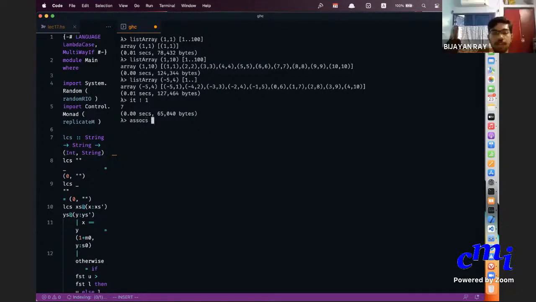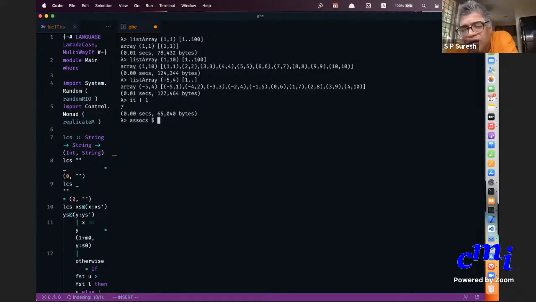Sir, are lists and arrays stored in Haskell only as list arrays? List array is not the type; the type is like array, any array. So this is one way of building arrays. There are other ways of building arrays as well, but typically it will involve starting from a list and going to an array, then doing some computation with the array and then getting back the list. There is a call called accumArray. We'll come to that, so don't worry.